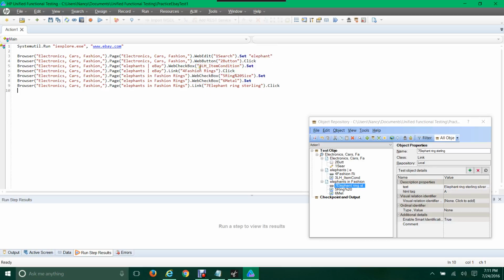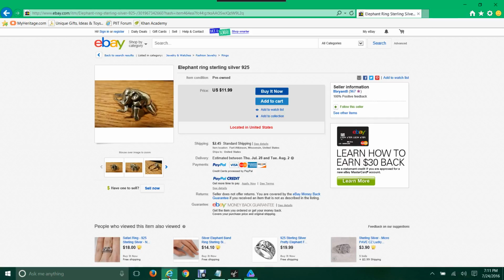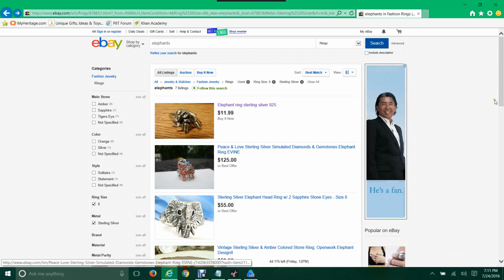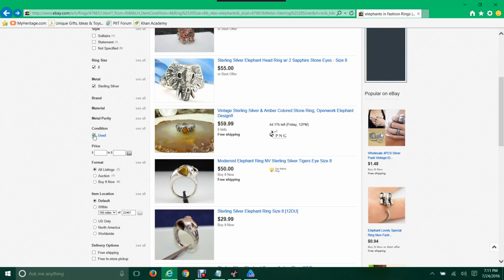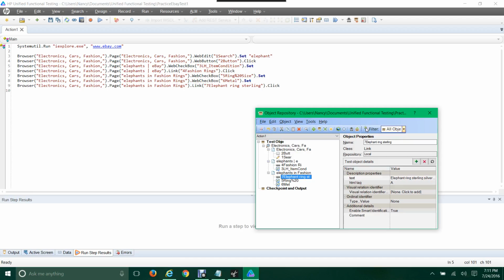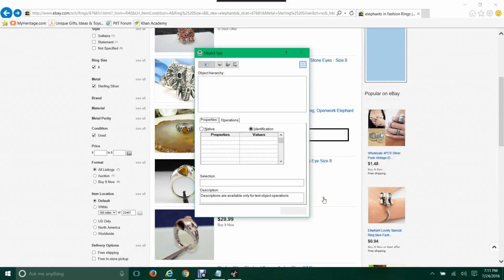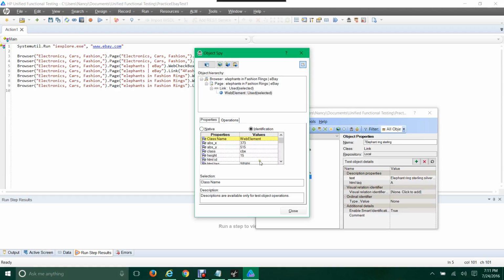And here it says item condition. And then what am I supposed to put for item condition? Well, I don't know. Let me try seeing if I can find out in Object Spy what I'm supposed to put. So the condition I chose is used. So let's just go over here to Object Spy real quick. I'm holding down the Control key until I get to where I want to go. And used. Now, looking at Object Spy,